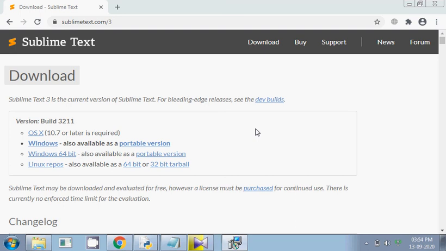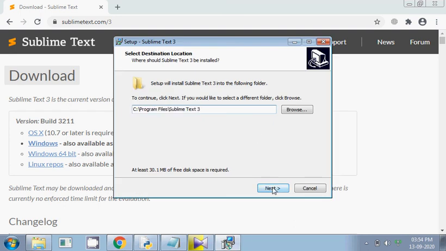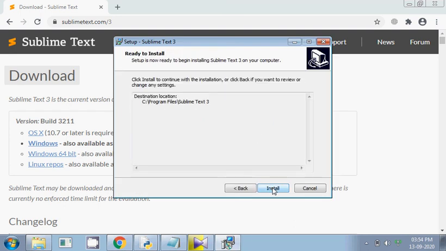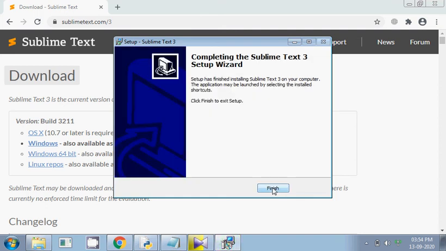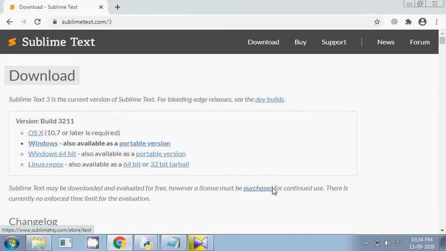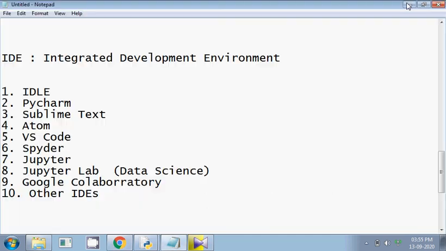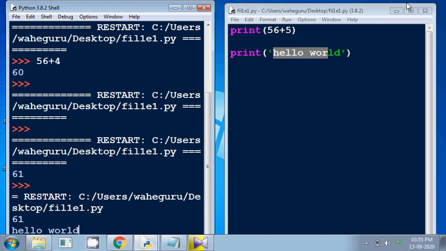We'll use next, I accept, next, install. A very cool thing about this software is that it is very lightweight. It is just 30 MB. So we installed it, and now I'll explain how to use it.